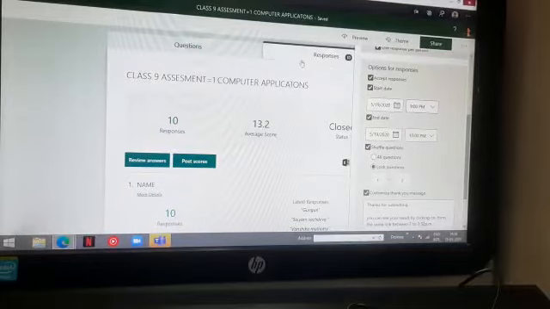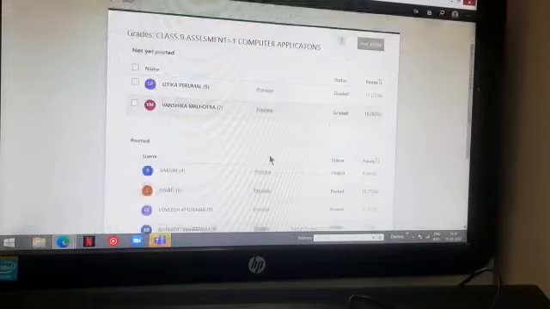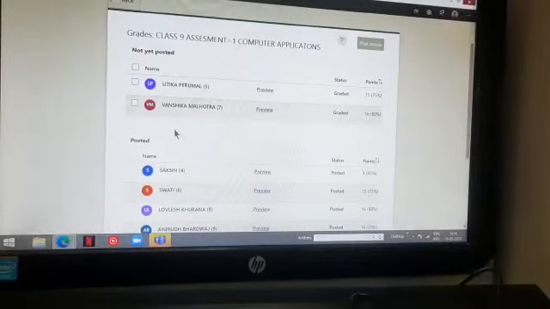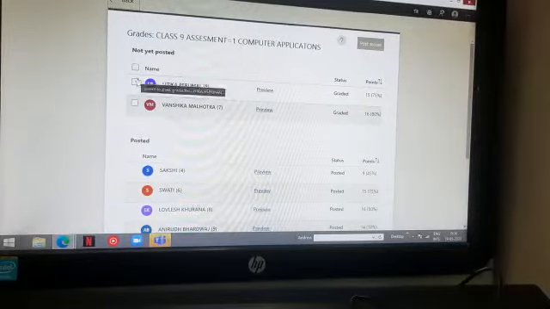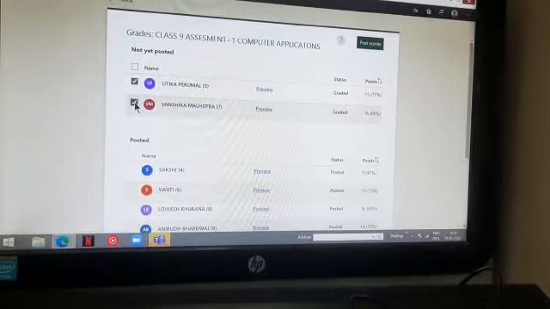Come back to the responses. Here you can see the post scores. Click here, post scores. As soon as you click post scores, you will see that this type of screen will come which will have these check boxes which will be unchecked. You will check that particular student's box for which you want to send the result.